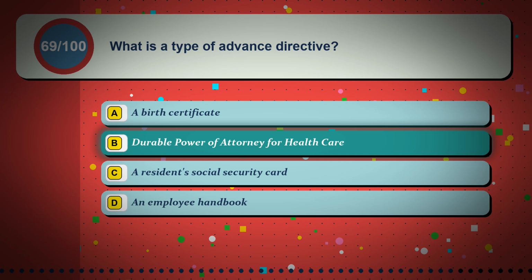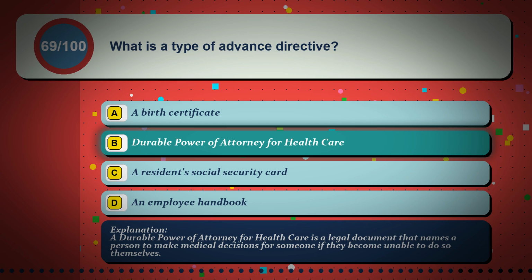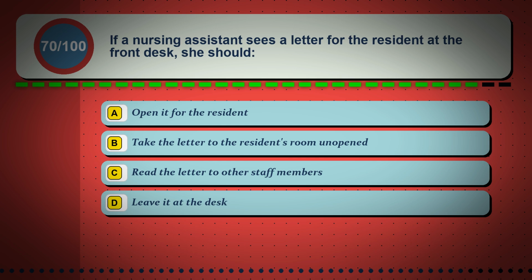The correct answer is option B, durable power of attorney for healthcare. A durable power of attorney for healthcare is a legal document that names a person to make medical decisions for someone if they become unable to do so themselves. Question 70. If a nursing assistant sees a letter for the resident at the front desk, she should: option A,